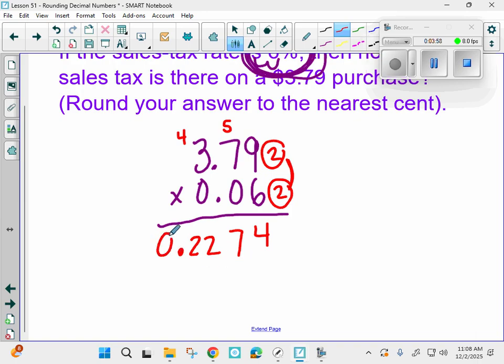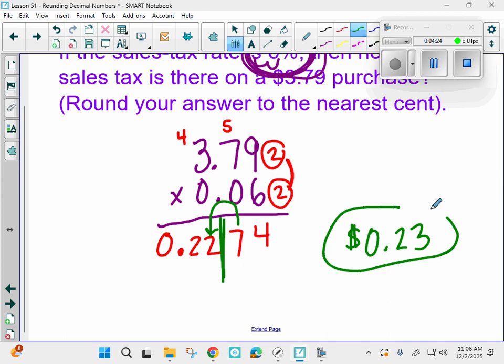Now, we wouldn't want to leave it like this because money is always rounded to the nearest cent. That's why we did that on the first page, right? And so I need to actually go to this second spot. That's where the cents are. Do I round it up or leave it? Yes. Okay, this 7 tells me to round it to 23 cents. You do need a dollar sign. So if I buy something for $3.79 and the tax is 6%, I'm going to pay 23 cents in tax